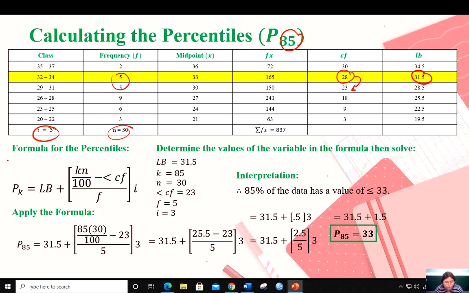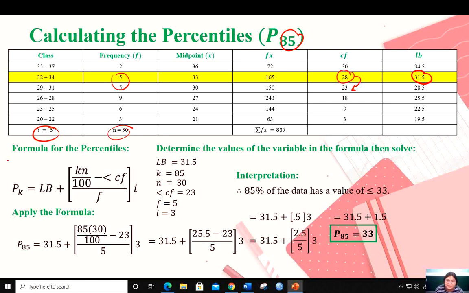So also, we can say that 15% of the data has a value of greater than 33. So, ibig sabihin, mas malaki yung percentage na yung data mo is less than or equal to 33, kasi 15% na lang yung greater than kay 33. Nakakuha po? So, that's how we are going to calculate the quartile, the decile, and the percentile of the group